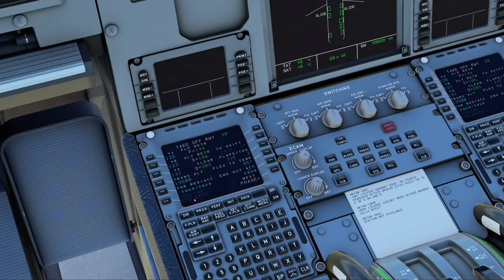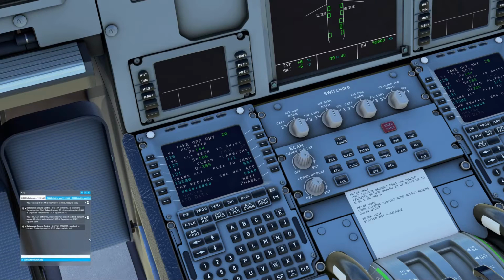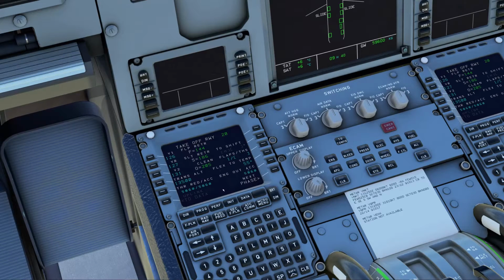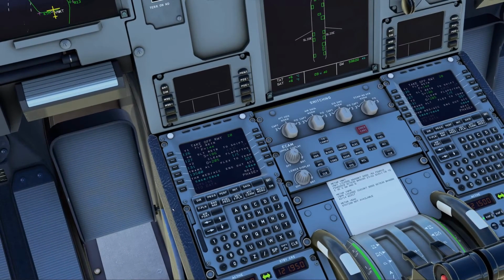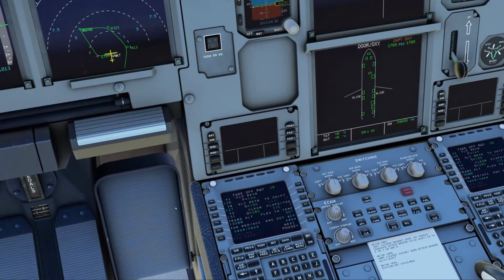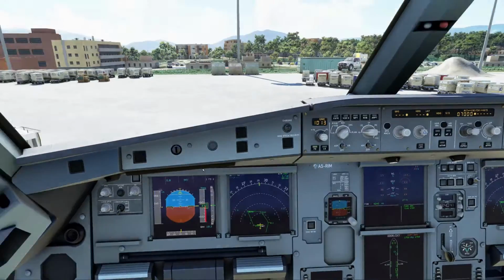Bhutan Bravo Tango November 3710 readback is correct. Contact ground on 121.9 when ready to taxi. Right, okay, so we got thrust reduction altitude, it's 5860. Right, good.